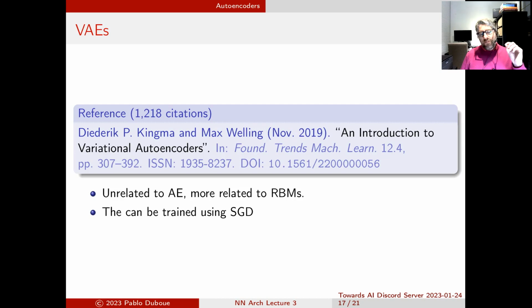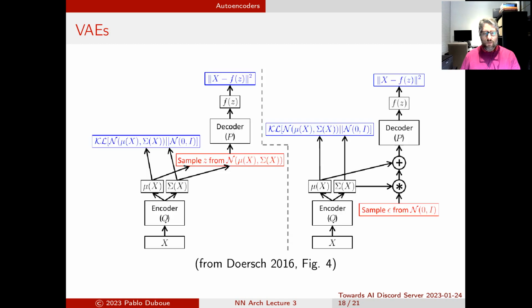All right, so another structured learning technique is the variational autoencoder, which is a very, very tricky topic in the sense that it has the same name as autoencoder, but in reality has very little to do with them, and much more to do with RBMs, because they are generative systems. They can be trained using stochastic gradient descent. The mathematics of it are quite hard, so let's dive into them.